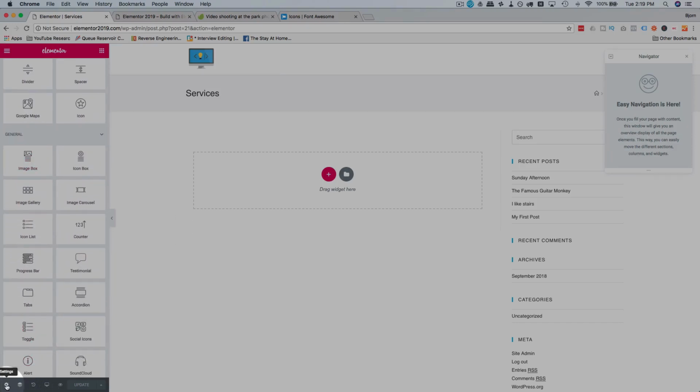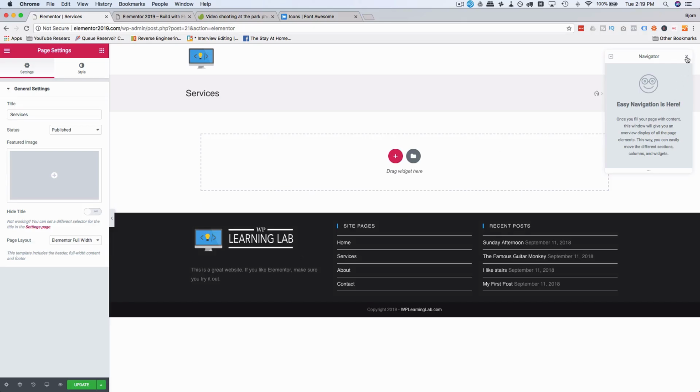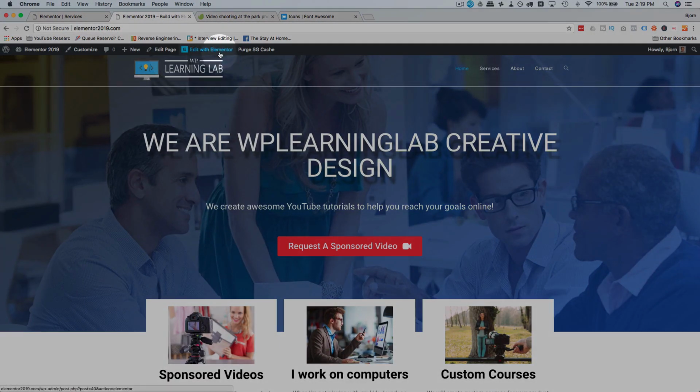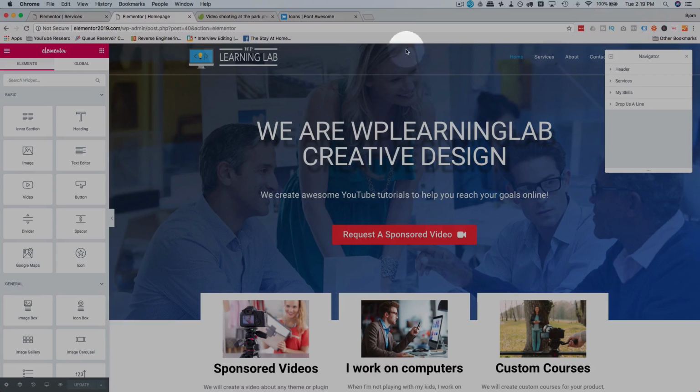So I'm going to go back down to the gear here, page layout, make it Elementor full width. Now we're working with the same thing that we had on the other page. There's a lot of stuff that's not quite here because we haven't built this page. On this home page, I'm going to click on Edit with Elementor right here. And I want to copy the header section. So I'm just going to right click on the header area. Make sure you don't click on elements. You can see an element was outlined like that. I want to make sure you click on the section